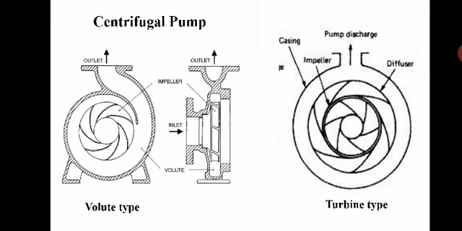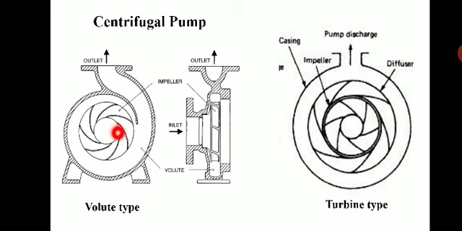Then we'll see the next type of pump, that is the centrifugal pump, which is very commonly used. There are again two types of centrifugal pump. First we'll understand the working principle of the centrifugal pump. This type of pump works on the principle that a vessel containing a liquid is rotated about a point. So here, centrifugal: there is a center point about which the blades are rotating. The centrifugal force causes the liquid level to rise.